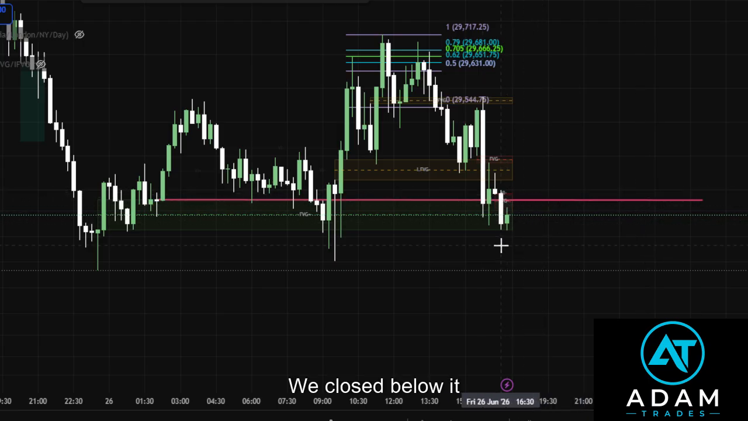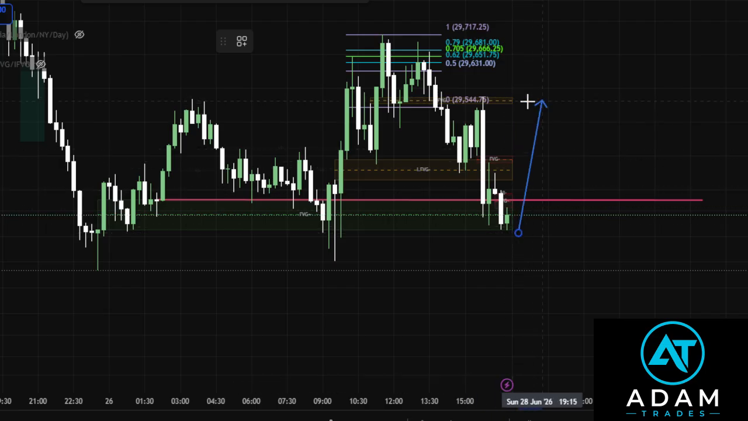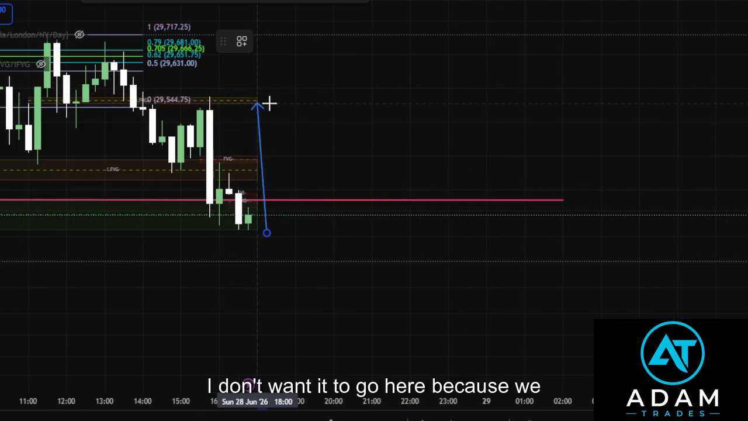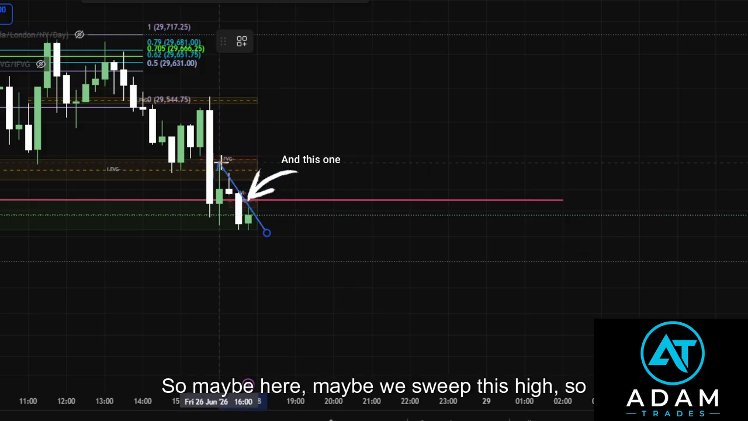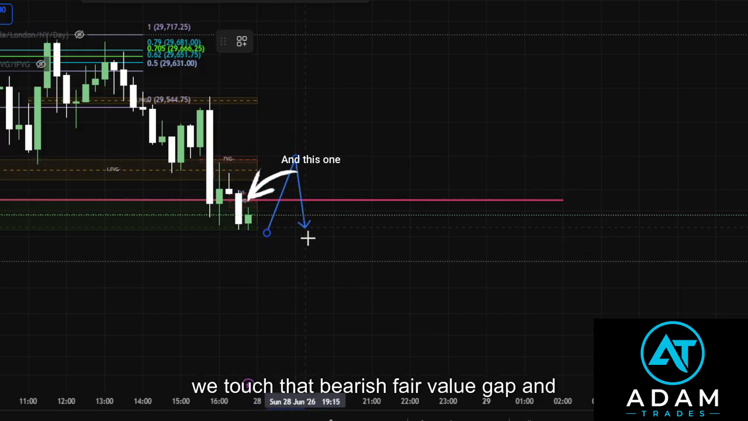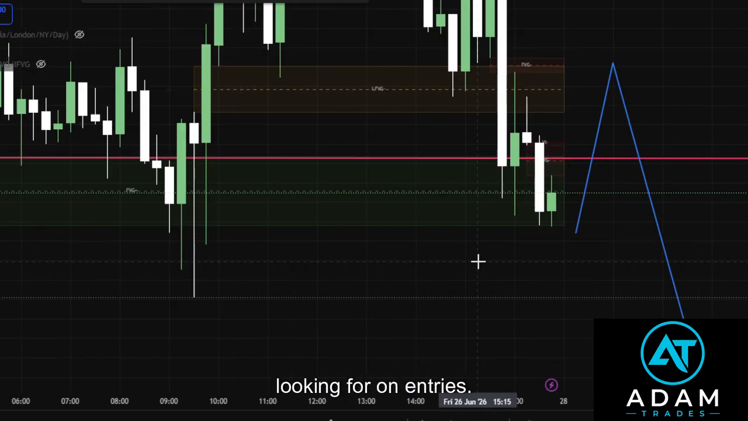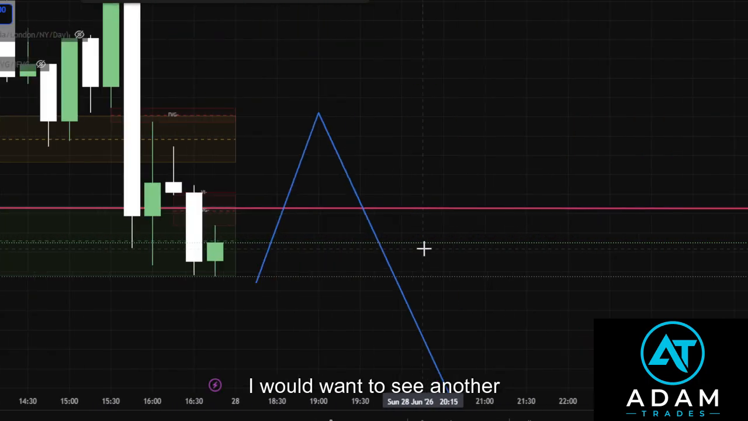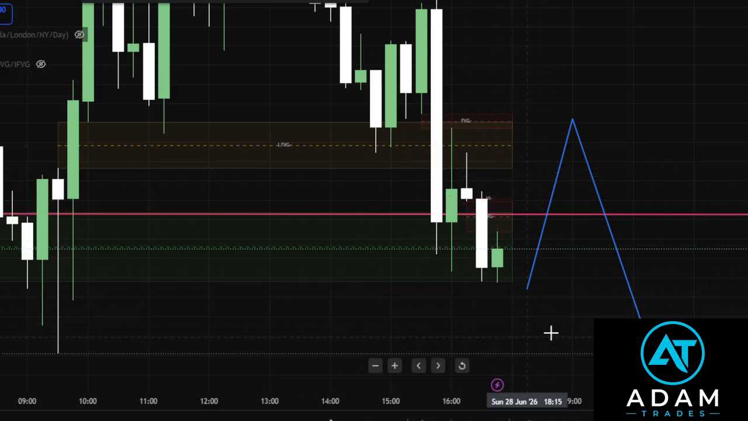We closed below it. We would want to see some sort of retracement. Where? Well, we have this one, and then we have these two here. I don't want it to go here because we already got rejection. So maybe here, maybe we sweep this high, so we touch that bearish fair value gap and then go down. This is what I'd be looking for on entries. This is the change in the state of delivery on the 4-hour. I would want to see another change in the state of delivery down on this 15-minute